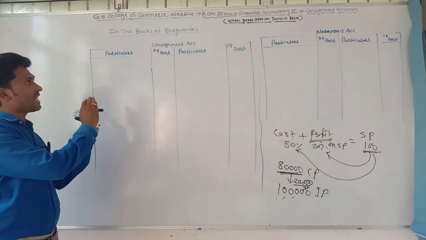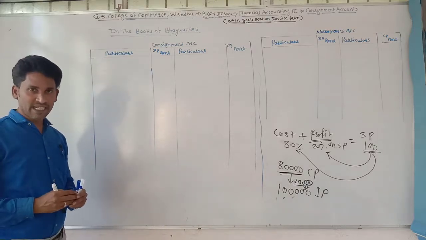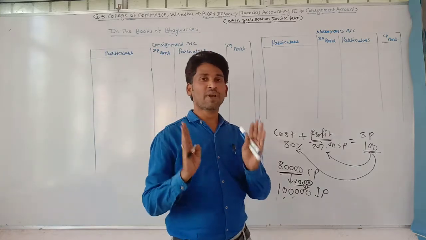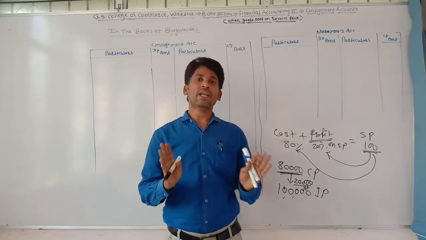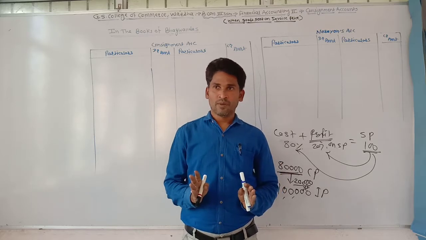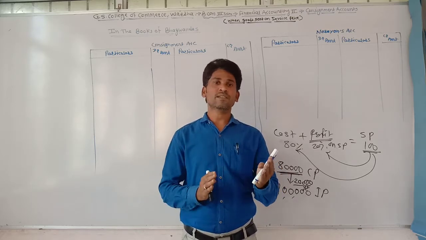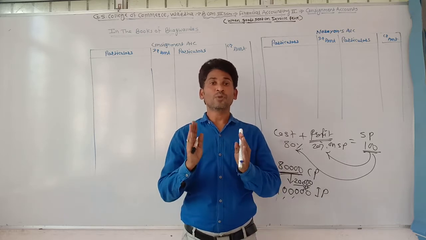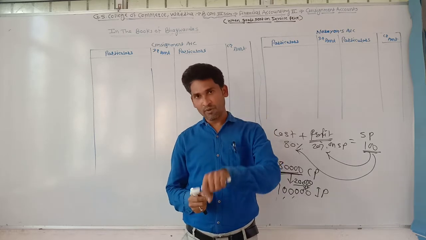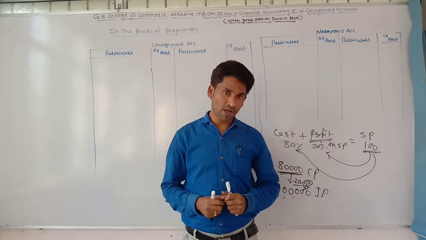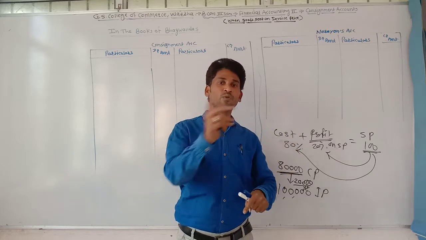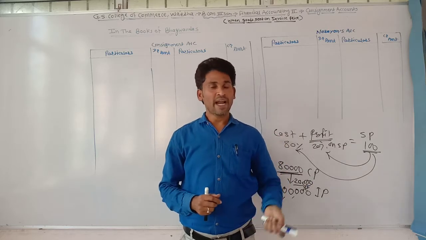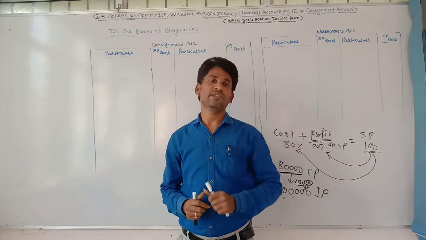So when the consignor sends the goods to its consignee, it keeps the record by invoice price. It cannot write the cost price of the goods, because whenever the consignor discusses with its consignee, they need to show just one price, which is given in the invoice pro forma. When the consignor sends the goods to the consignee, it prepares the invoice pro forma and writes the invoice price there.